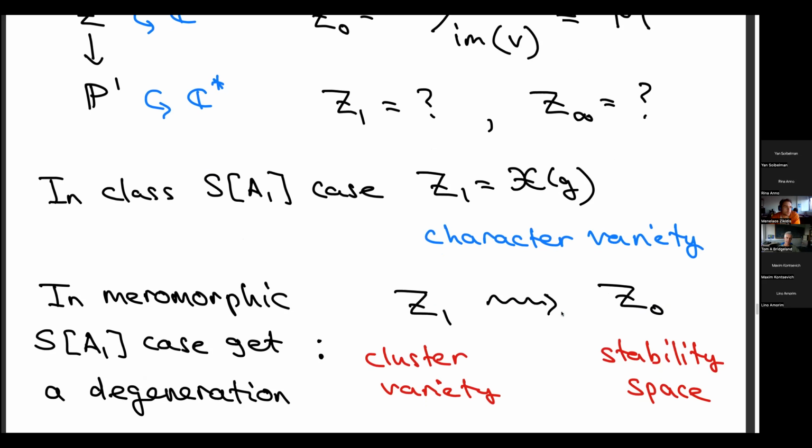So we get this rather remarkable thing in those examples, that the generic fiber of this twistor space is basically the cluster variety, and the central fiber is the stability space. Okay, so